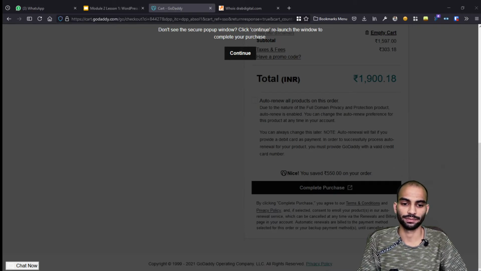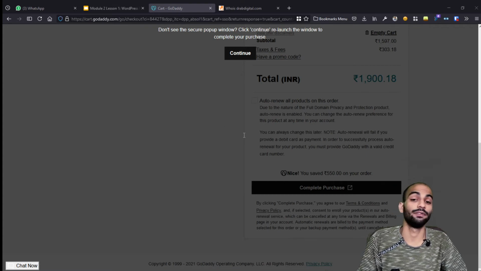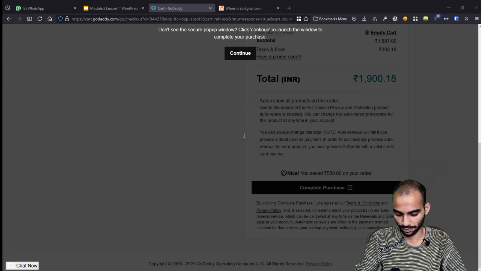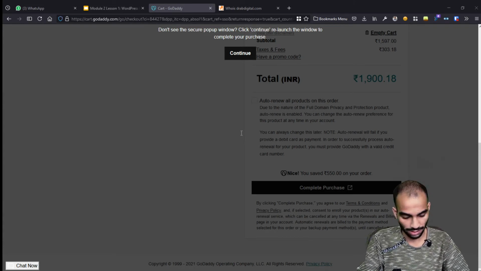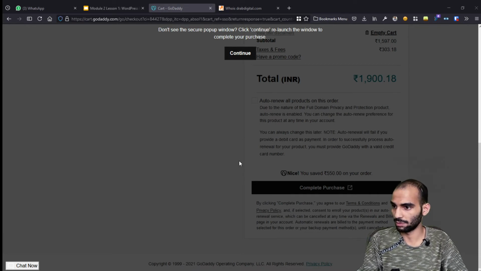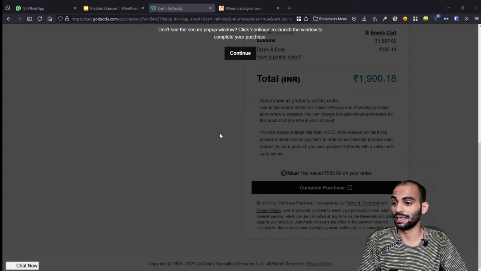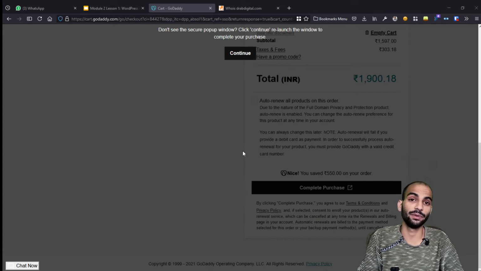So here it's asking me to make payment. I will just click on confirm, and here the high security, like the one OTP will arrive in my message. So here is the OTP. Just let me type it, 82534. So I hope that's right. So my payment is successful, and they will just redirect me. So this is a normal process like we do online shopping.